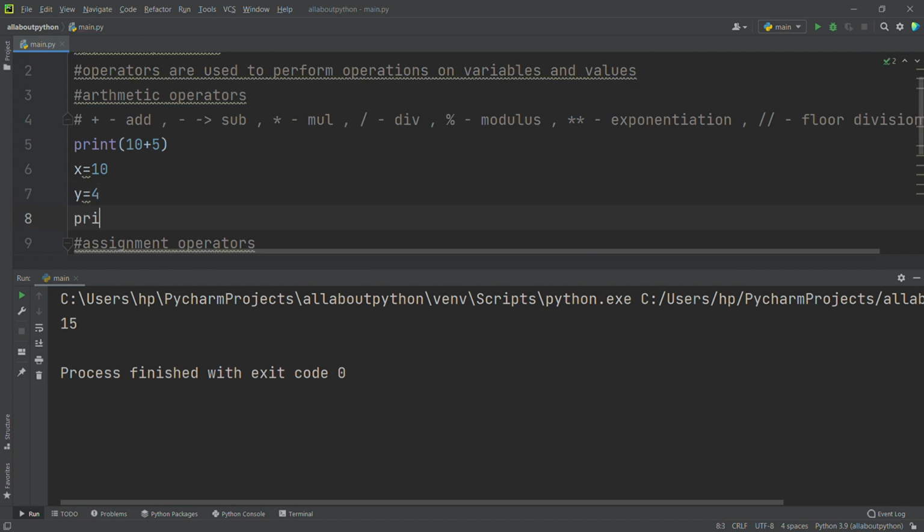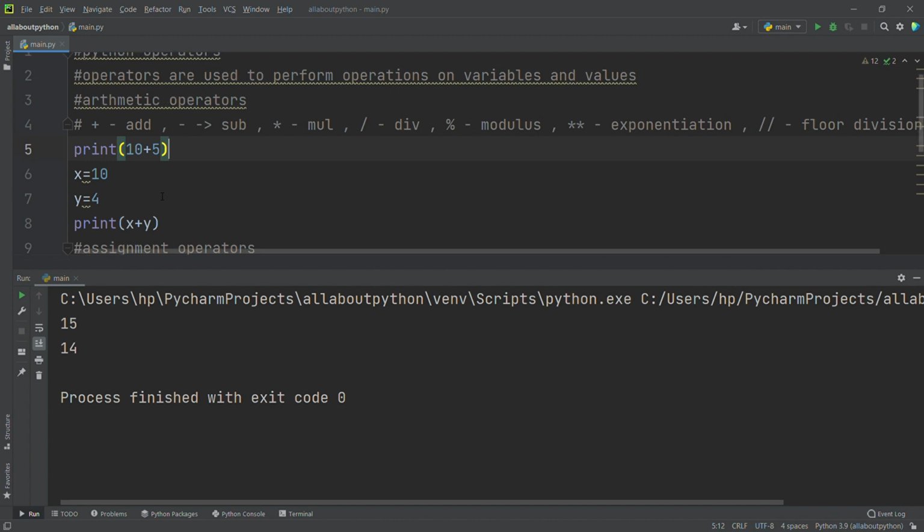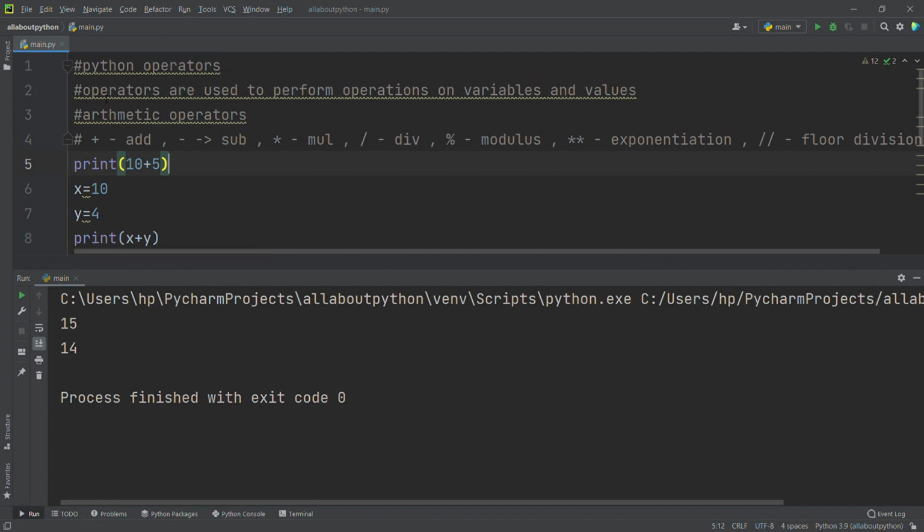I want to print x plus y. Now I will run this. See, it's printing 14 and 15. It works for both values and variables, as I said in the first statement: operators are used to perform operations on variables and values.